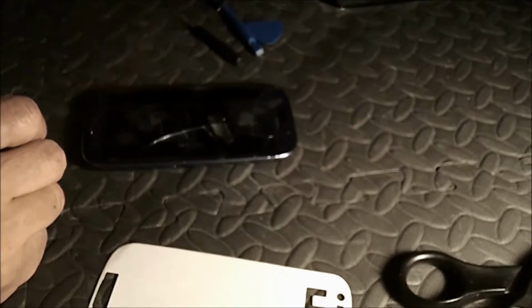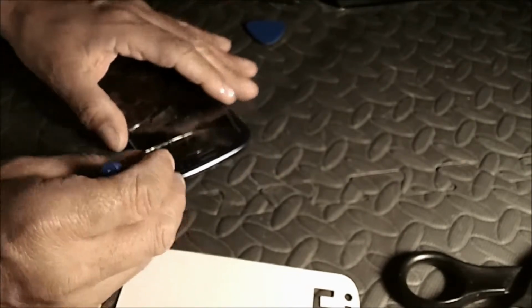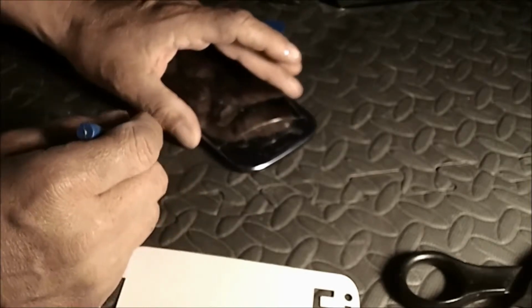I see no need to get a new one since I've done this before and the phone works perfectly fine, just not with the lens the way it is, which is totally to be expected. So what I'm going to do here,